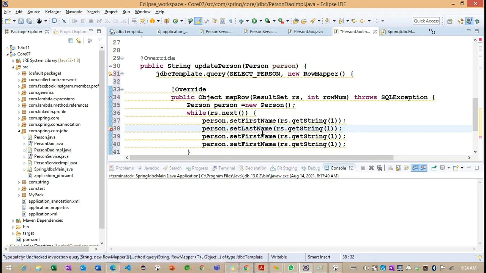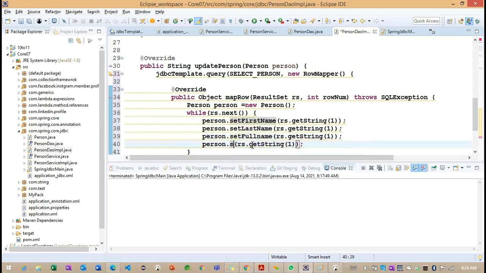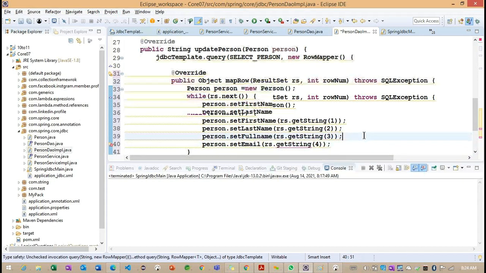Okay, L also capital. Right. We'll change to 3 and 4.